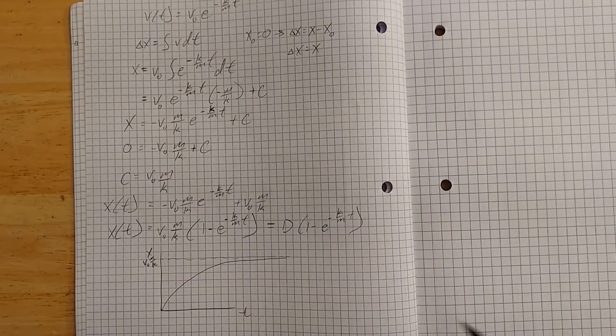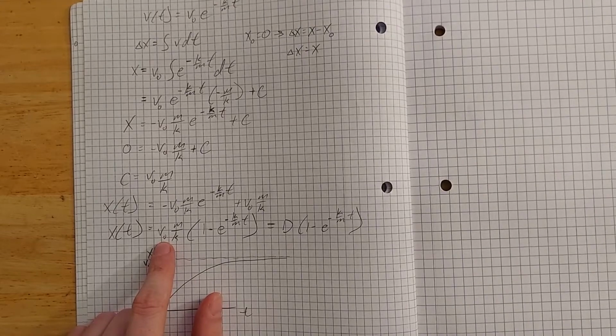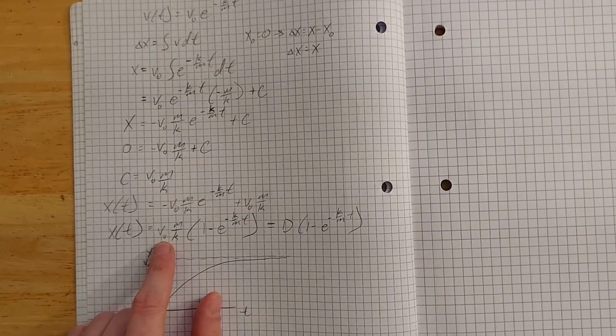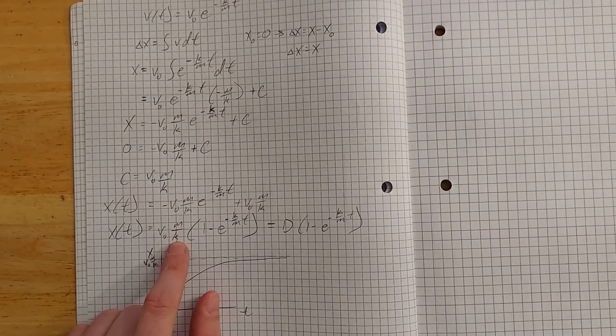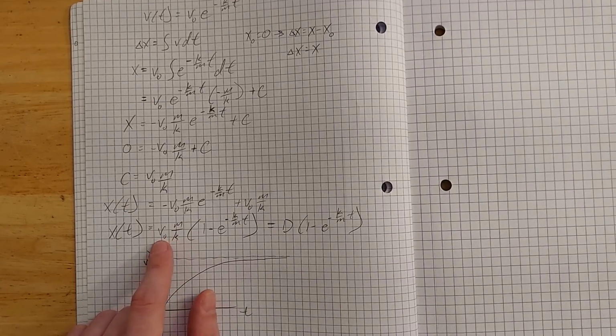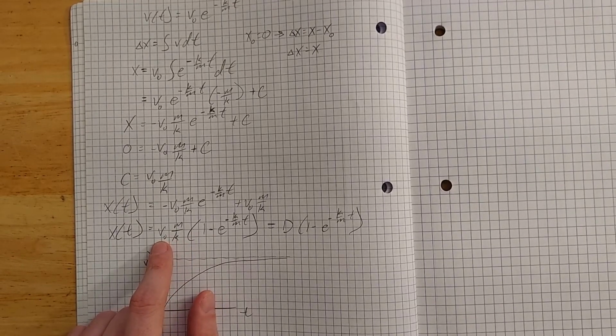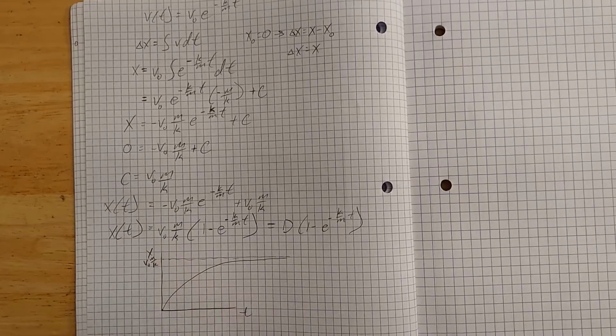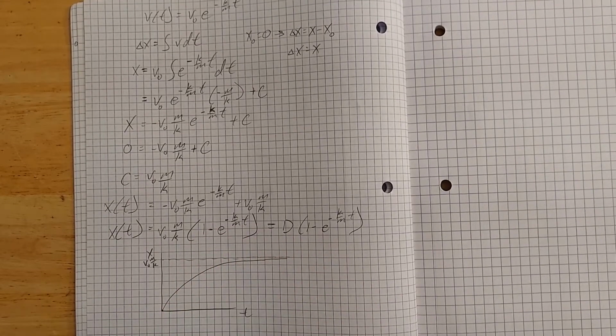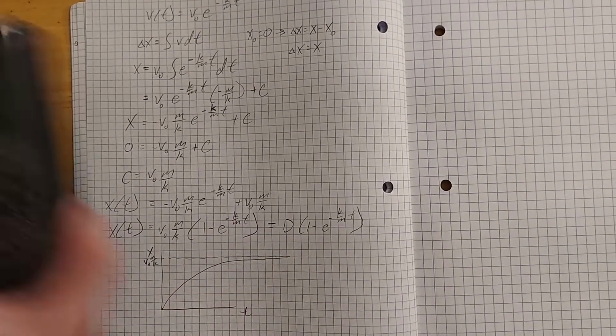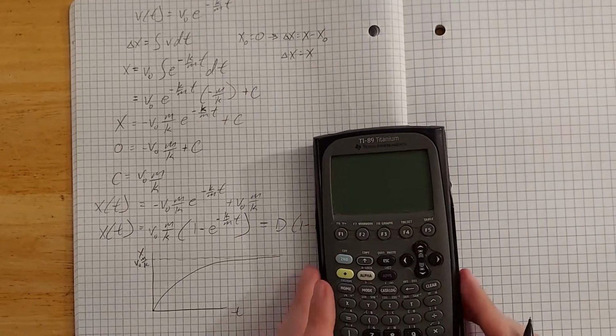If you graph this, once again, take V naught to be 10, take m and k to be 1 or whatever you want. You can take V naught to be whatever you want as well. It doesn't have to be 10. It could be 50. It could be 3. And then plug this into a calculator and you will get this graph. Just to prove it to you,